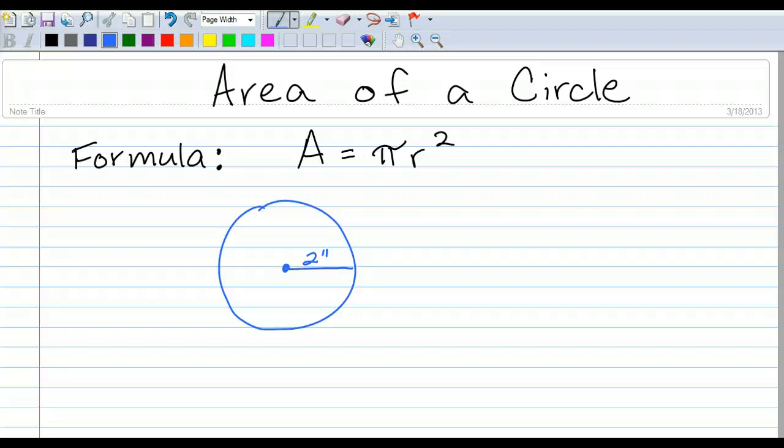The lesson today is area of a circle, and the formula to find the area of a circle is A, which stands for area, equals pi r squared. So take the time to write that down. A, which stands for the area of a circle, is equal to pi, which is always 3.14, times,